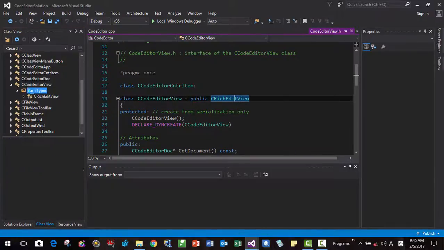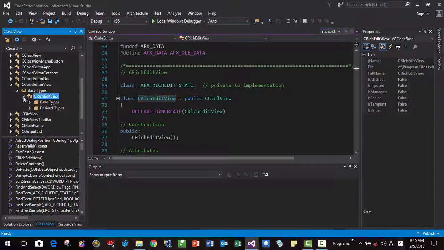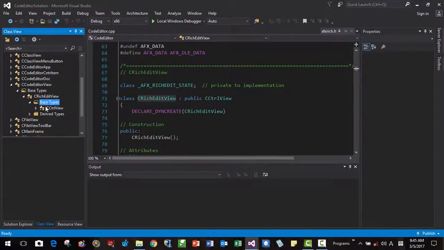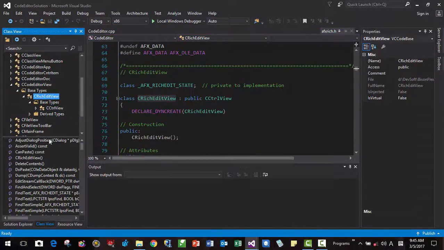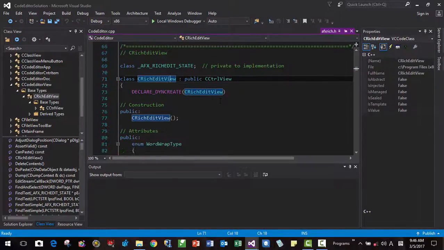Then click base type in the class view, RichEditView here, and click base type again. If you double click it, it opens afxrich.h, and it uses the CRichEditView class like